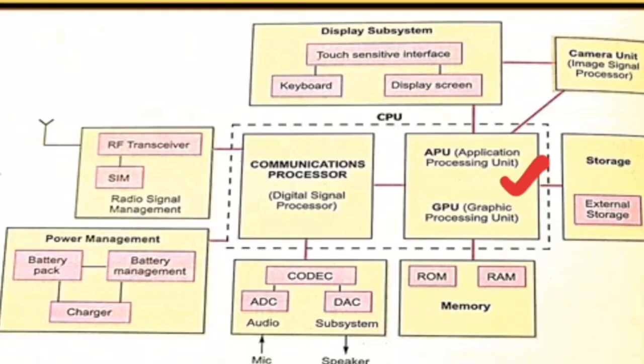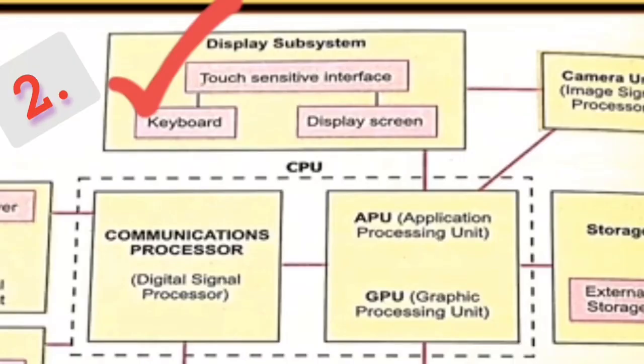The mobile CPU also has the APU, that is the Applications Processing Unit. It is responsible for all types of operations taking place on a mobile. This can be achieved by running various types of applications or apps. It consists of the Graphic Processing Unit, that is GPU. This GPU is an essential part of most modern smartphones because it improves the performance in the rendering of videos, games and other graphics. This APU is connected with the next functional component, I say the display subsystem.